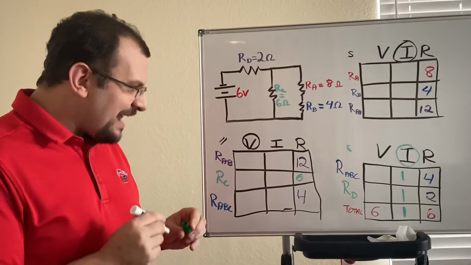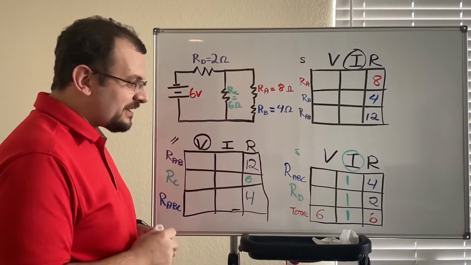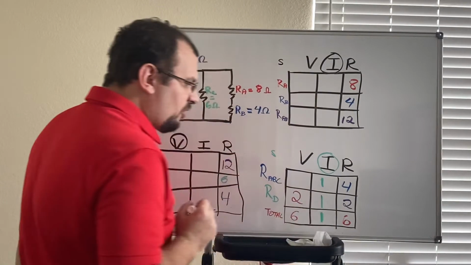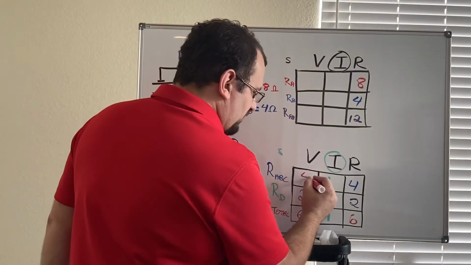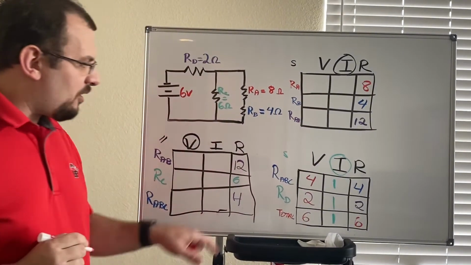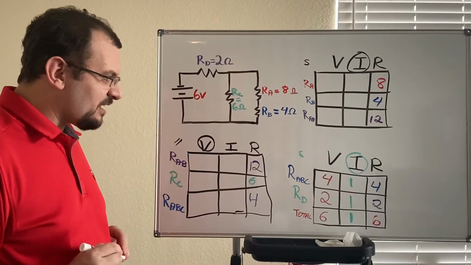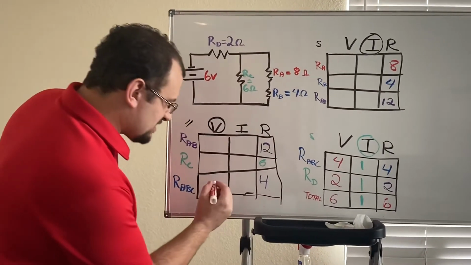All right, and now I can also fill in everything else. So our D, that's going to be 2 volts, and our ABC is going to be a total of 4 volts. Now, I have our ABC here, I have our ABC here, and I can copy this row over to here. So this is going to be 4,